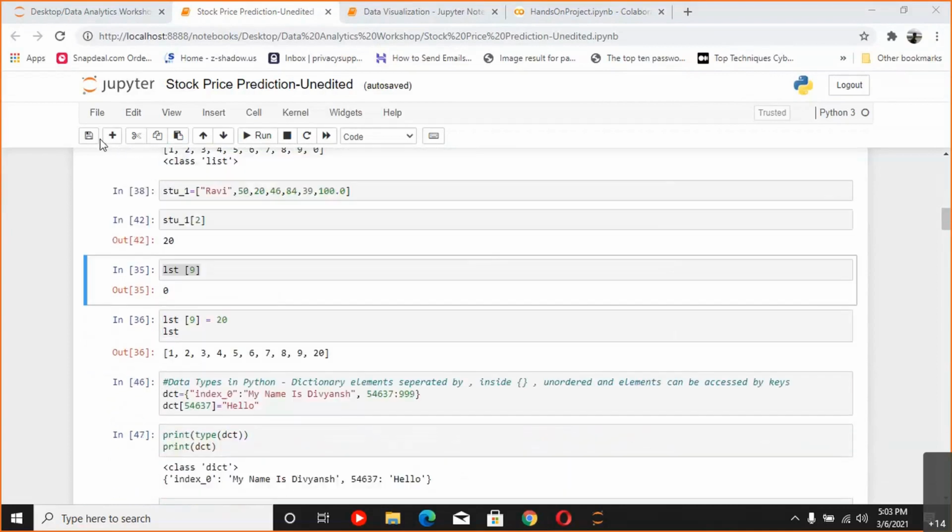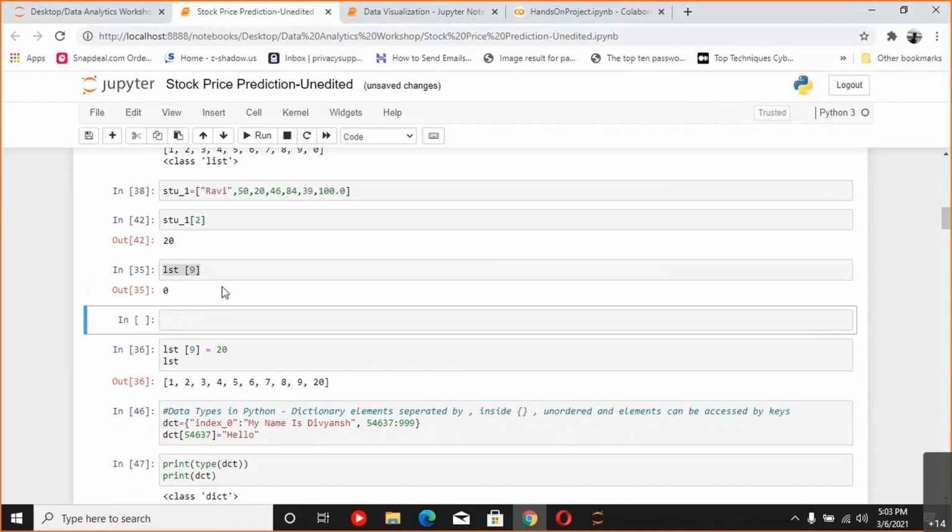See, I'll just create a new cell and begin from here. Say I create a list, and this is list one. This list one is the name of our variable, and I have different kinds of values in it. Say the first one is a string hi, the second is hello, and the third one is hey.